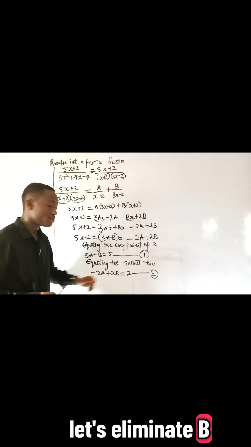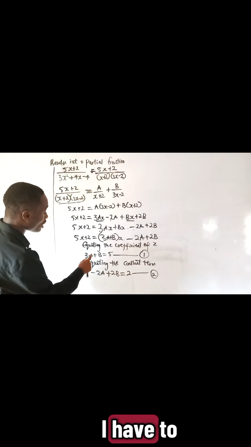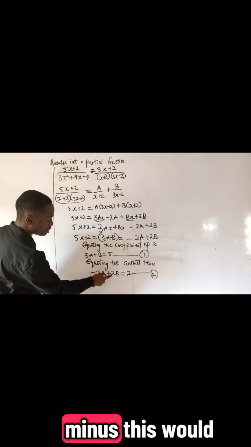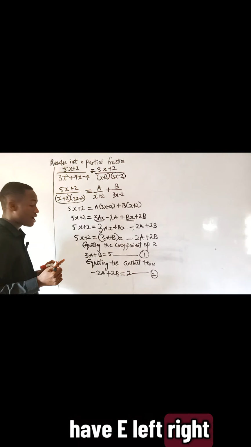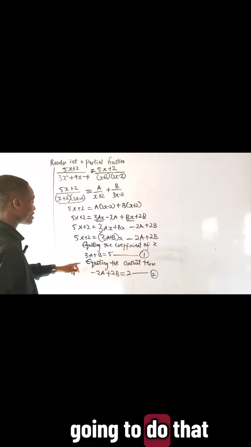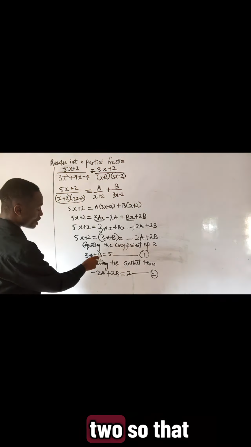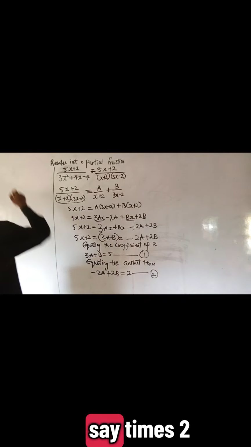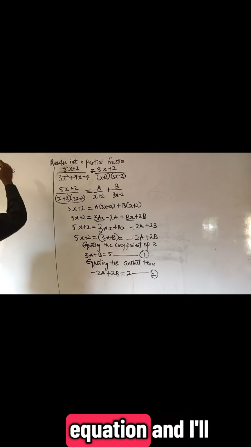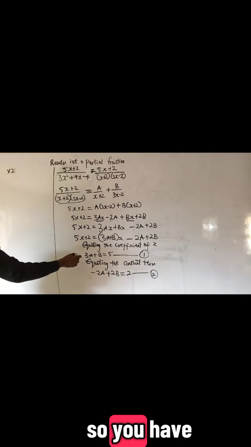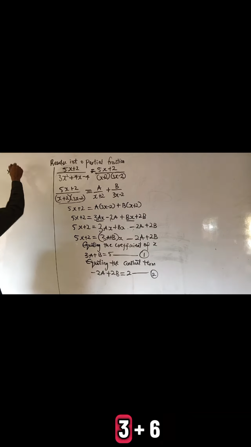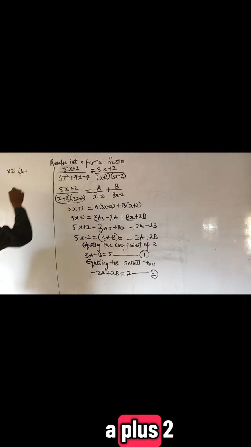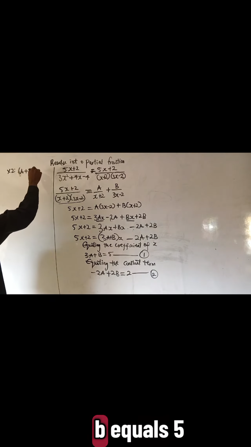Let's eliminate B. Now to eliminate B, I have to have 2B here, so that when I have 2B minus this, it will give me 0 and I have A left. Since I'm going to do that, I have to multiply the whole of this by 2, so that here will be 2. So I would say times 2 for the first equation, and you have to multiply everything by the 2. So I would have 3, that's 6A, plus 2B